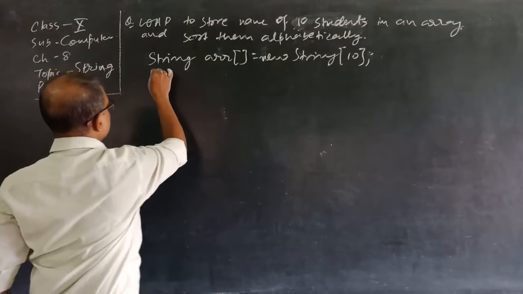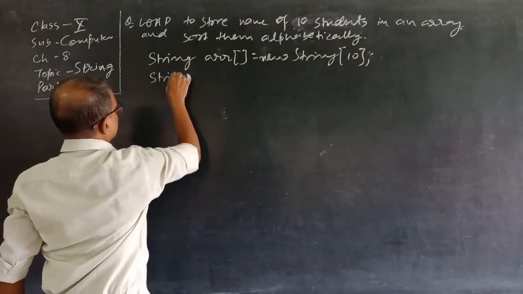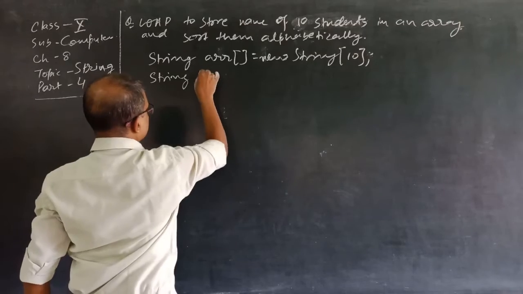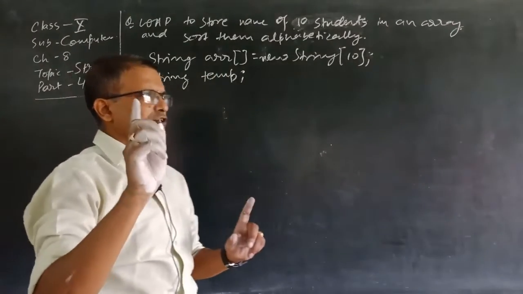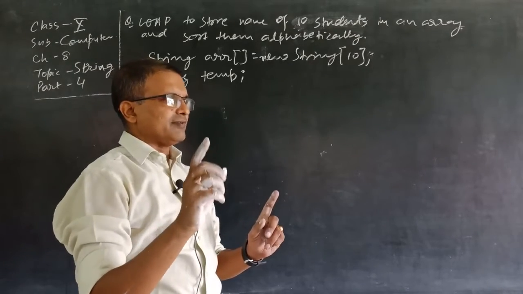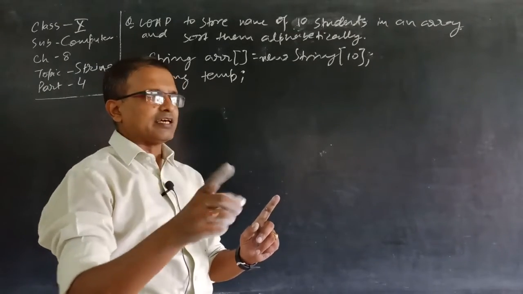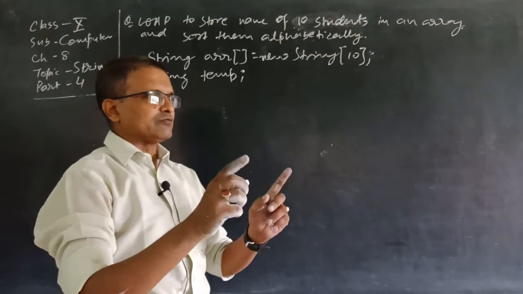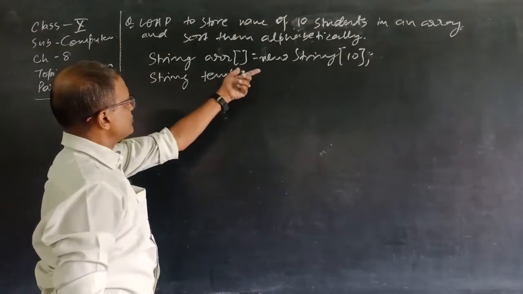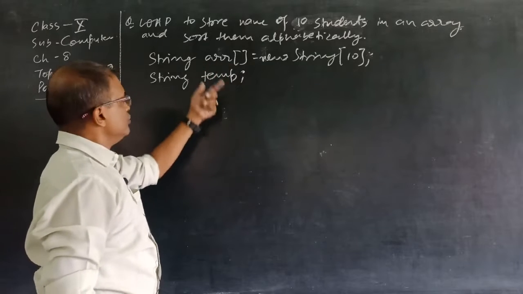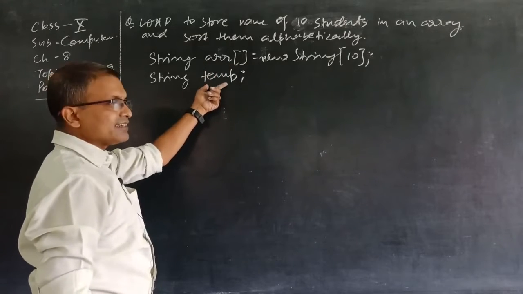Second, string temp. As in the case of the bubble sort concept, we had declared some integer variables along with a temp variable that was used for swapping of data, but this time we have string type values stored in arr, so we'll declare temp as string.